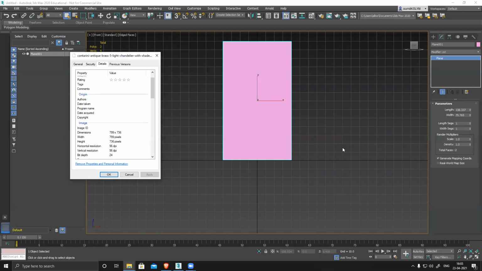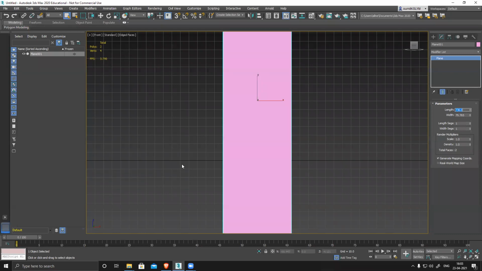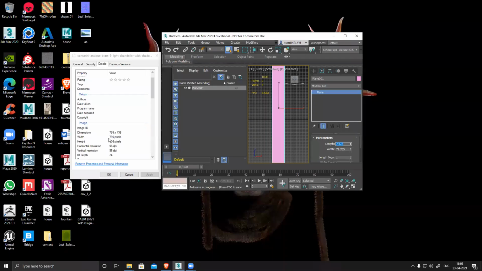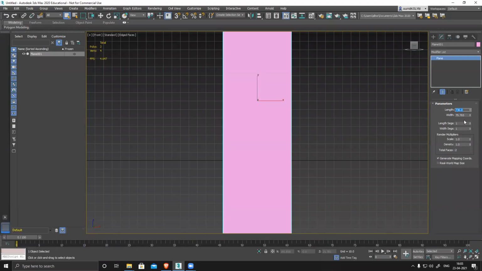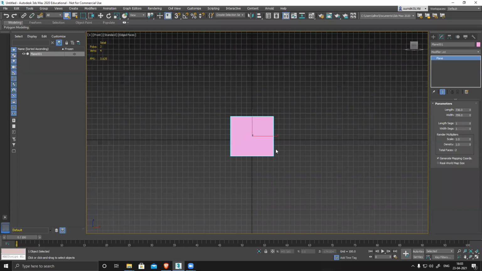Height is 736. Height is basically length, 736, and width 799. So my image is ready.